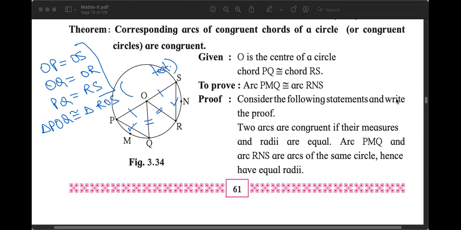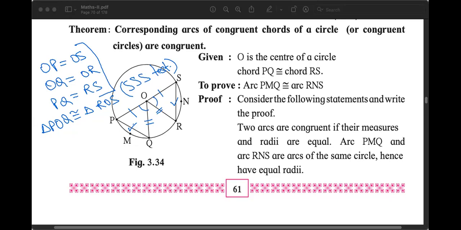Akhilesh, do you think there are two things on the screen now? I have mentioned three things. Yes, Chand, now it is correct. The test that we are using is S, S, and S. Now, because these two triangles are congruent, then the corresponding angles will also be congruent. So this angle will be equal to this angle.